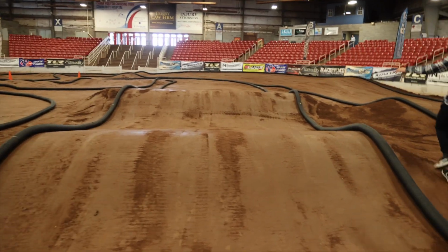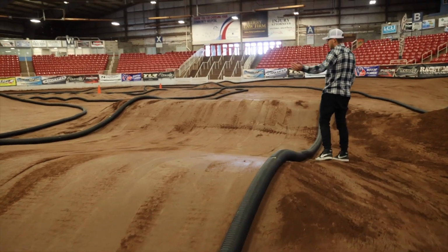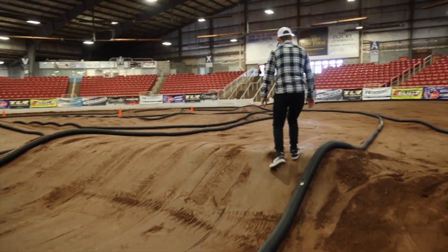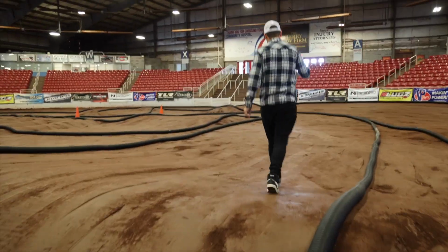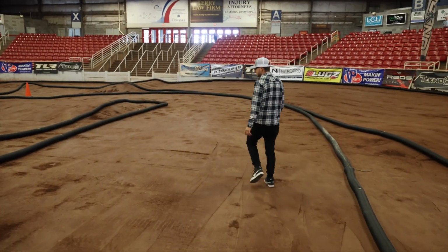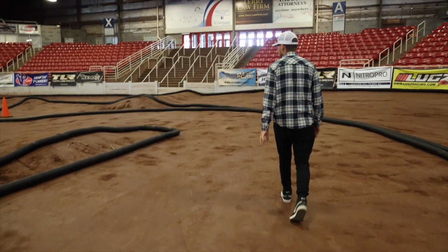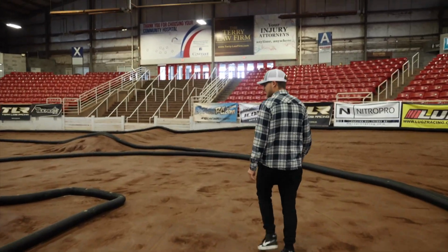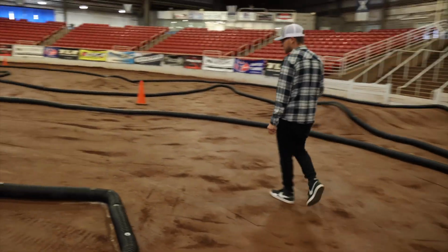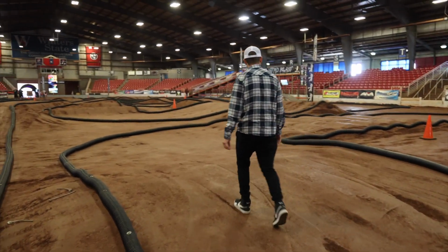big double, which is a pretty good size. You're actually jumping uphill, which is actually pretty cool. So like I said, you're gonna bleed out wide, you're gonna power down, and you're gonna transition yourself, bleed back to the inside. Another nice flat section here. And you're gonna whip it into the next section, which is gonna be pretty gnarly as I'm approaching it with